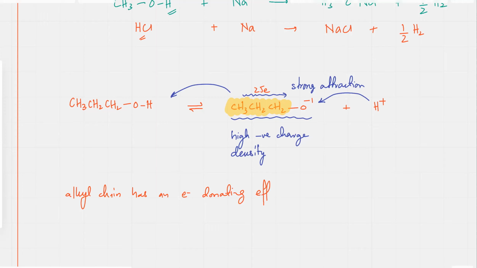And this is always true for alkyl chains. Any carbon chains are usually non-polar, but carbon chains are full of electrons. Because carbon has 6 electrons, and if you have a big carbon chain, there are lots of electrons in that carbon chain. So if you attach a carbon chain to any group, the electrons on the carbon chain kind of get pushed onto that group as well. So if this oxygen was negatively charged, now the negative charge would be even stronger. It would have a higher charge density because the electrons from this carbon chain would also be pushed onto this oxygen atom. So alkyl chains always have an electron donating effect, which increases charge density